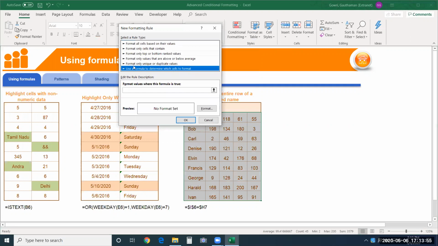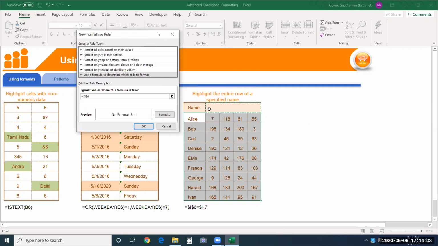And again, we are going to take up this formula. Say this time equals, see whatever value is given in this cell, it has to be in dollars because the same cell has to be compared with all the other cells over here in the selection that we gave. So it has to be kept absolute. Equals this cell.